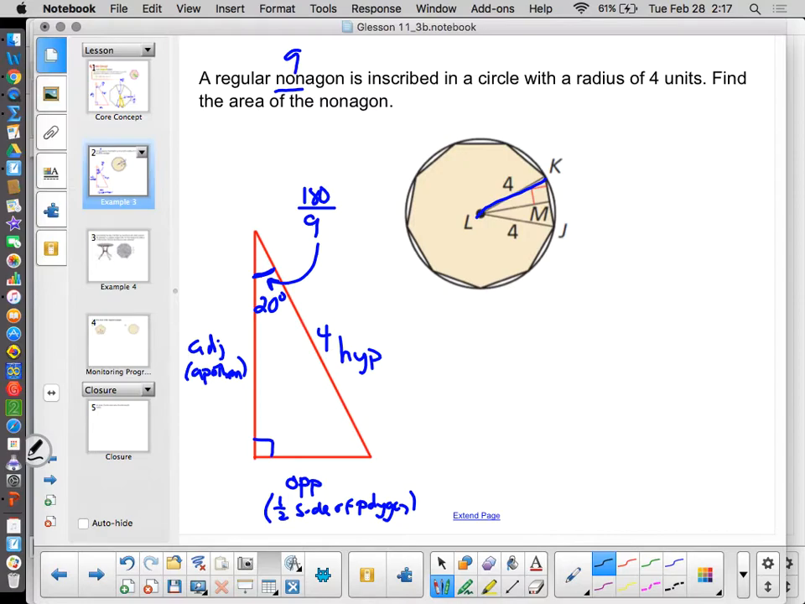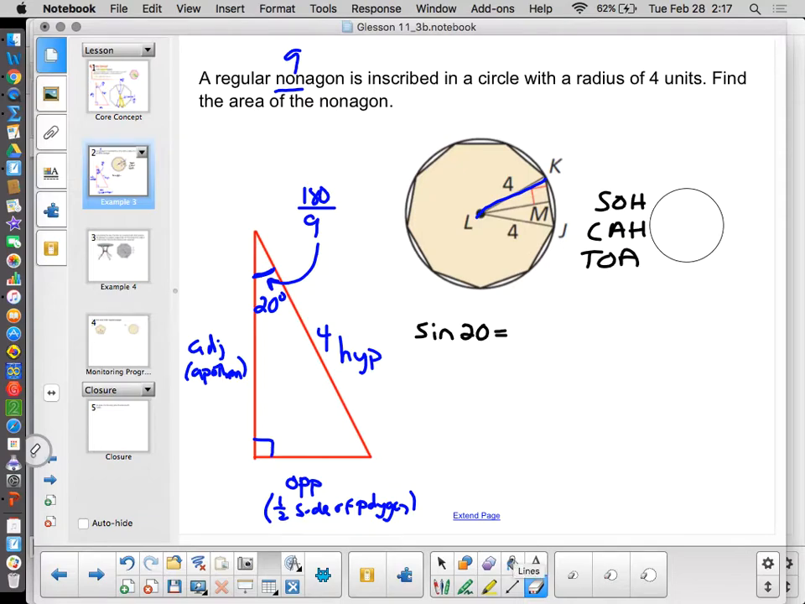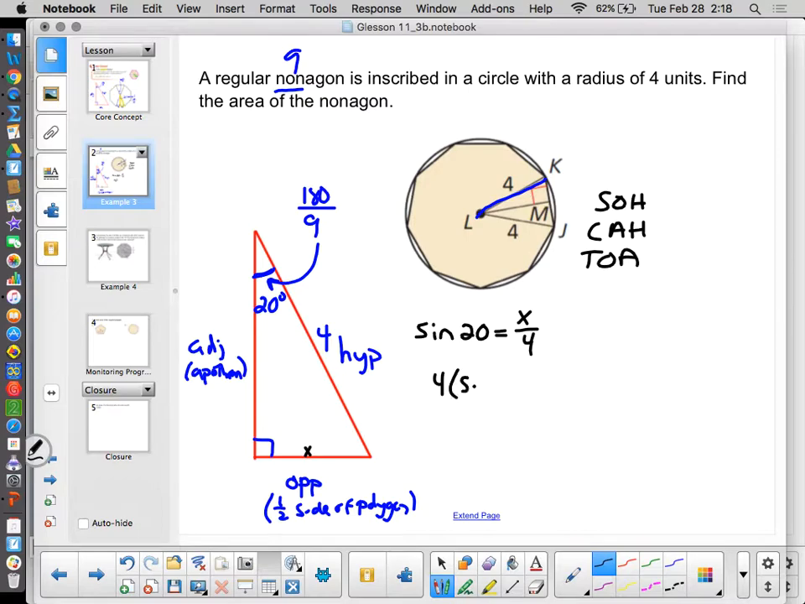So, again, I'm going to go sine of 20. Sine is opposite over hypotenuse. The opposite is unknown, so we'll call that x, over the hypotenuse, which is 4, and that's easy to solve. 4 times sine 20